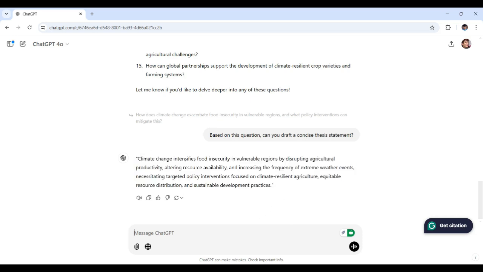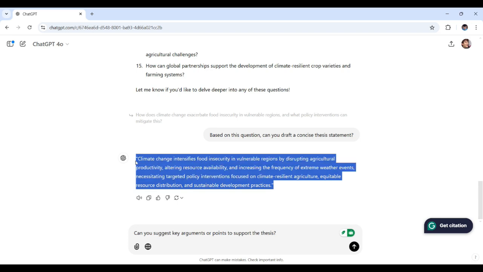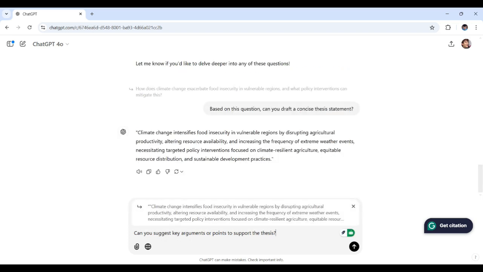So here's my prompt right here. Can you suggest key arguments or points to support the thesis? To help make ChatGPT understand better, just do this feature right here, highlight it. This pops up, click reply, and there we go. It is now attached and highlighted to the prompt in the input box right over here. So with ChatGPT working on this, as I'll be sending this, think about the bigger picture. Supporting arguments are the backbone of your paper. They should address different aspects of your thesis and tie together seamlessly. And so let's see how ChatGPT tackles this one.